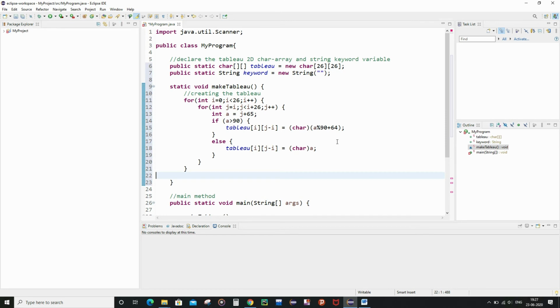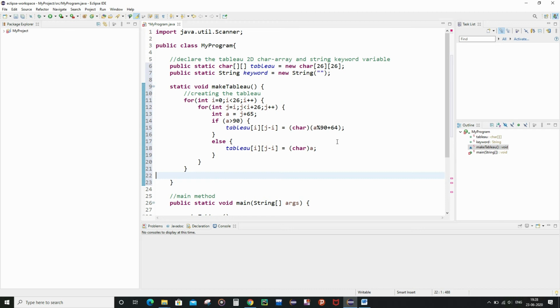Basically it has two for loops. Now what is our main objective? Our main objective is to create a 2D character array where each of the rows will contain the characters of the English alphabet in the same arrangement, whereas as we move from one row to the other successively, the arrangement will be the same, but it will be shifted by units of 1 from left to right.